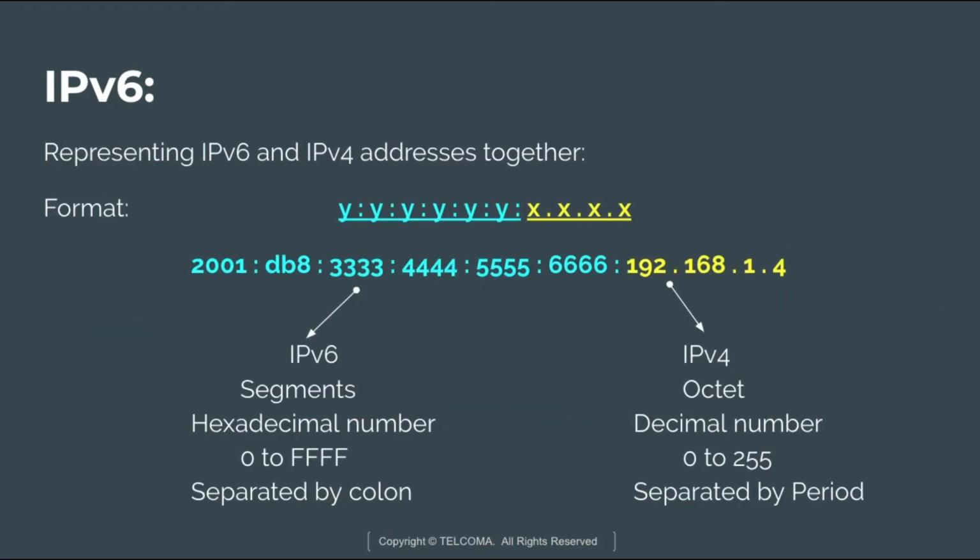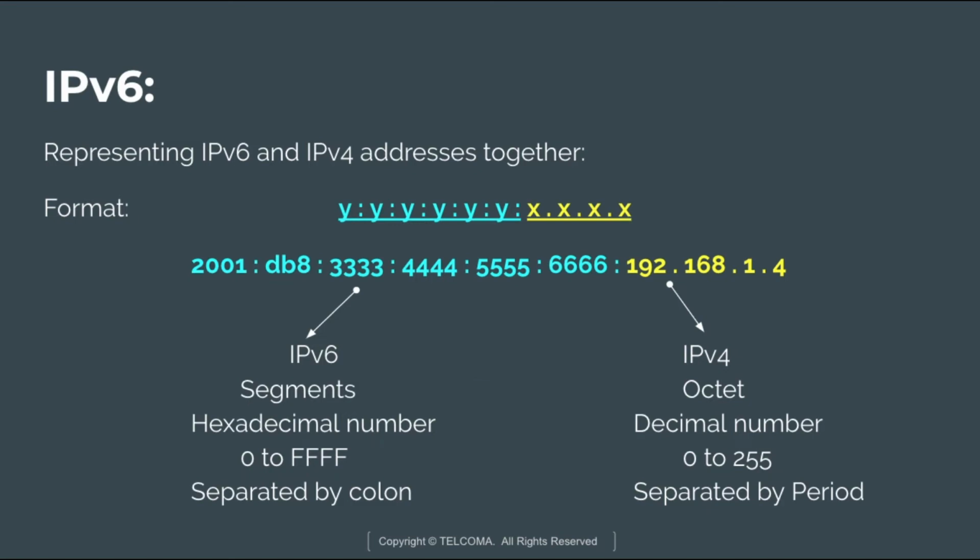Next is how to represent the IPv6 and IPv4 addresses together, as our network has a combination of these two addresses. The format of the IPv6 address is x:x:x:x:x:x:y.y.y.y, where the y represents the IPv4 address. It can be written as 2001 colon DB8 colon 3333 colon 4444 colon 5555 colon 6666 colon, and then the IPv4 address, that is